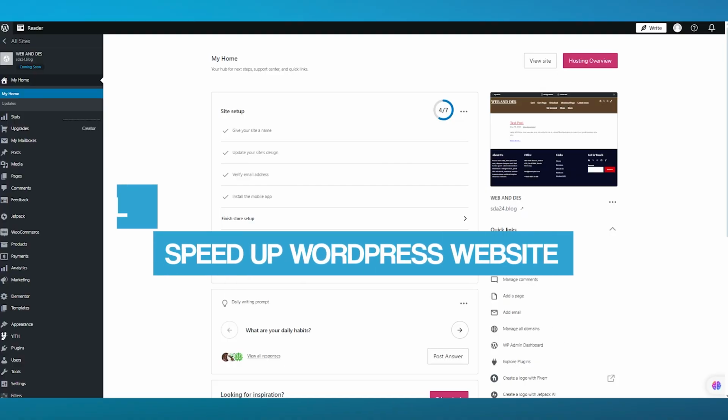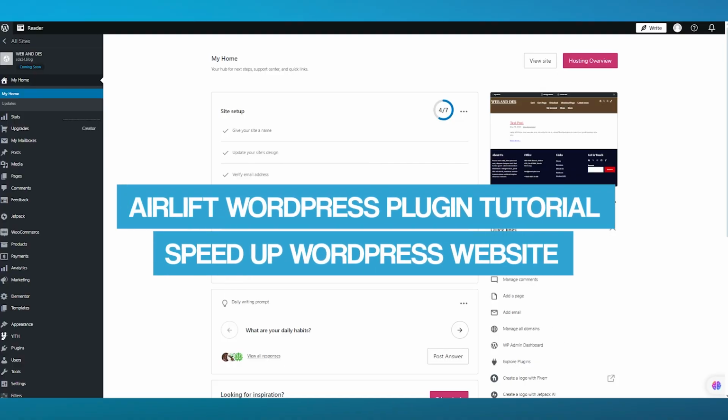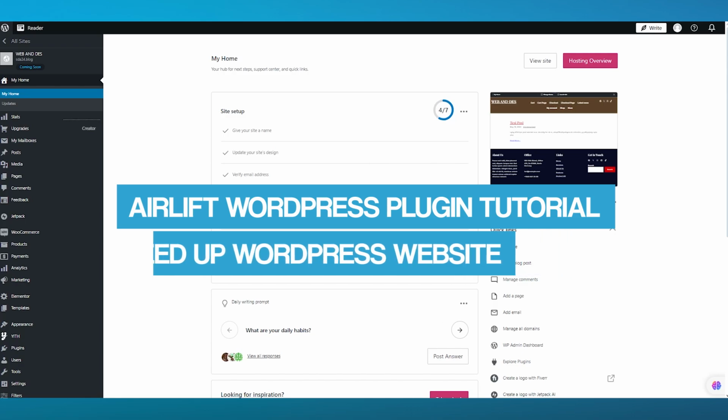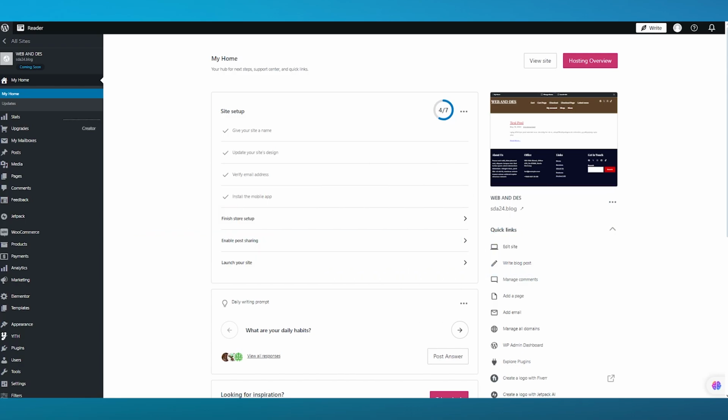Airlift WordPress plugin tutorial, speed up WordPress website. In this video, we're going to be talking about how you can optimize your WordPress website in a way where you can speed everything up. And this is good for your speed optimization as you go. So you can get proper site performance reports in this case, and you can go through the whole features to the bottom of WordPress, and it basically improves your page's speed and it gives you a good idea on how your page needs to operate with the proper recurring functions.